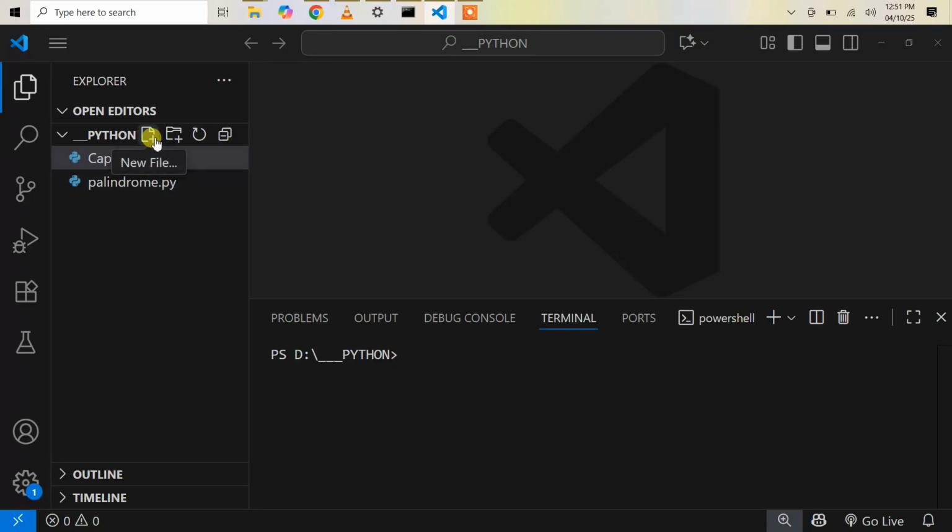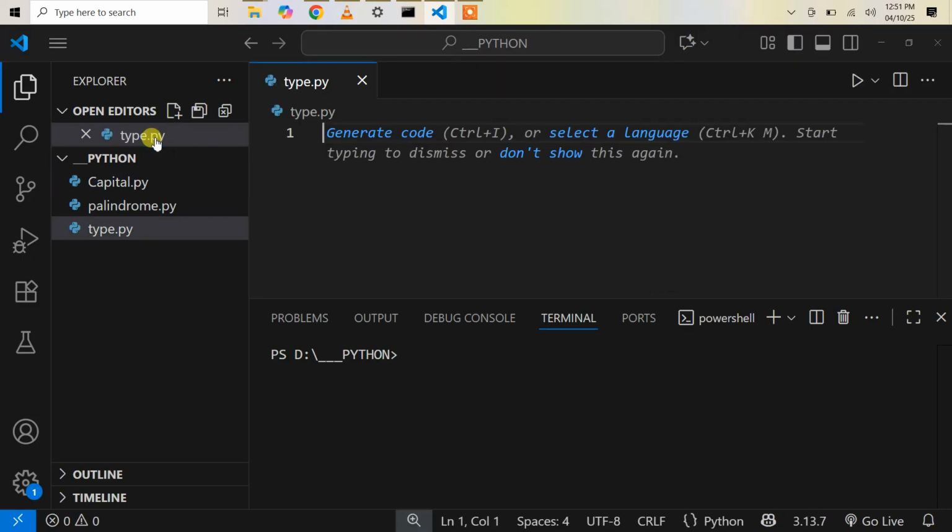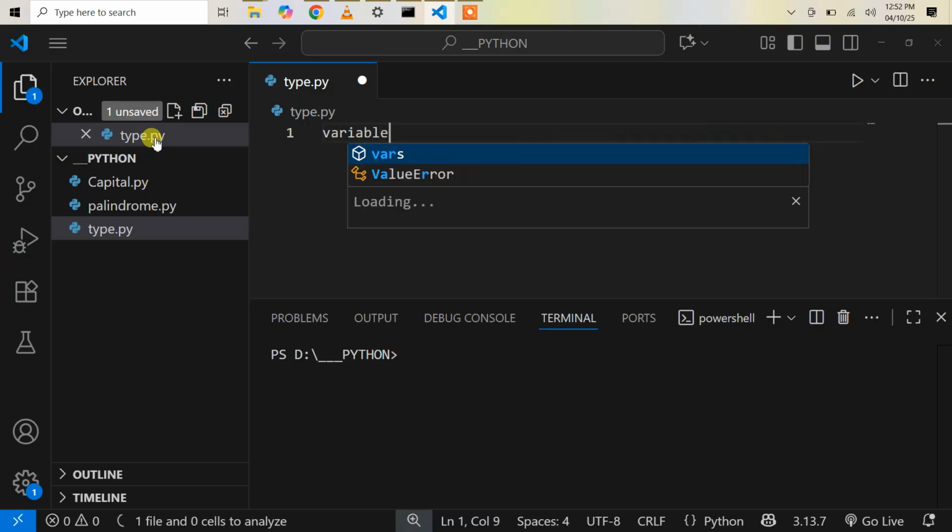So let me make a new file, and I'll be naming it as type.py. So type is the name of the file and the extension for the file is py, since it is a Python file. Now I want to know the type, meaning the data type, of the data which the user feeds into Python. So we need a variable so that it can hold the user given value. So now I will be naming it as variable